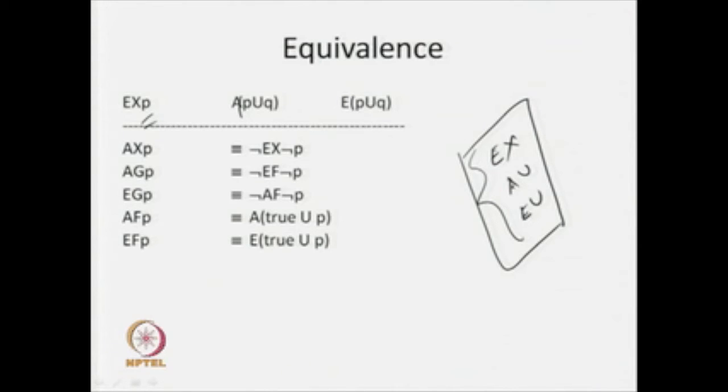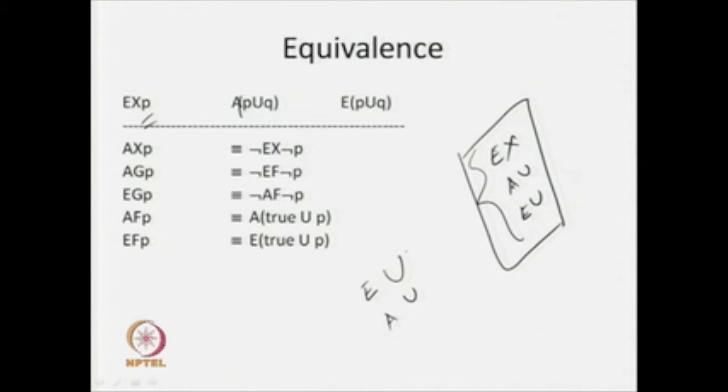We have some other adequate set also, but how are we going to get it? We can see that with the help of these things I need both A U and E U. So, in the until operator I need both the combinations, E U and A U. That is why we need these 2 things, along with that we are taking either E X or A X.